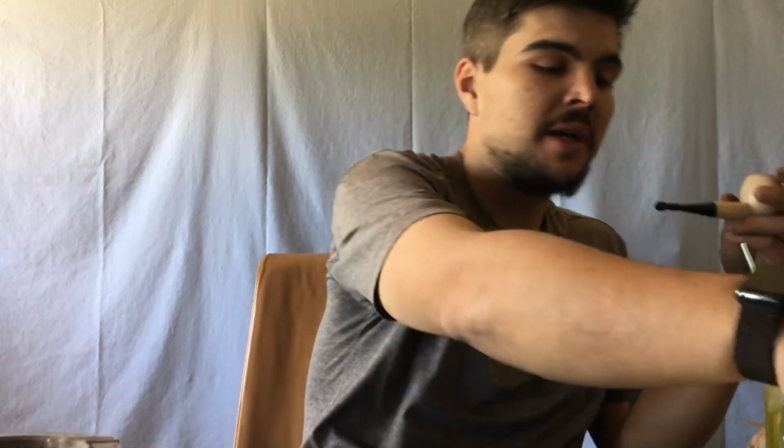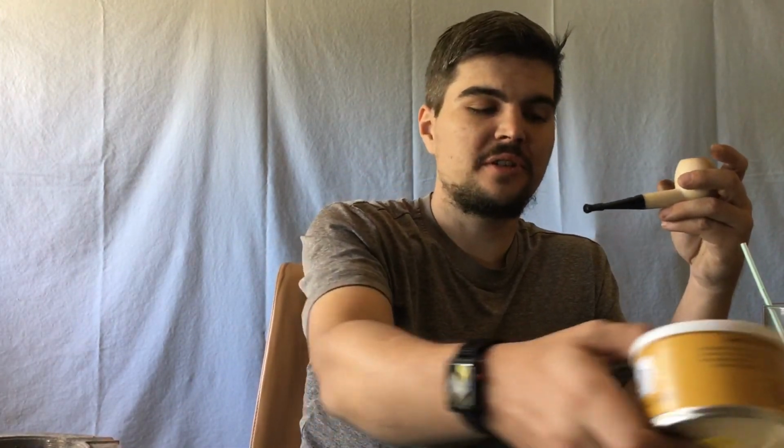I may end up grabbing 5, 10 tins of this and hanging on to this for a while. Like it says, hand blended in the Carolinas. That hand blended, that's real deal stuff. That's not mass produced. Somebody did that in a batch small enough for a human being to do it by hand. And it's definitely gotten better as I've gone on here. It started off a little bit muted. But now I'm getting